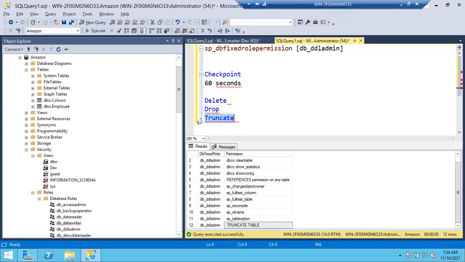In truncate, the table structure will be there but records won't be. Whereas drop will completely delete the table with the structure and its associated objects, full of schemas and all.